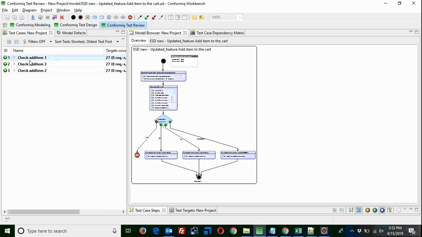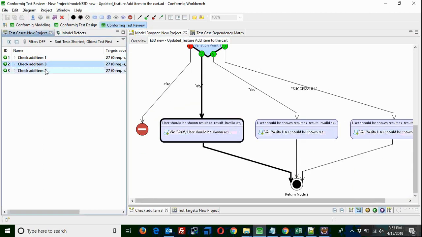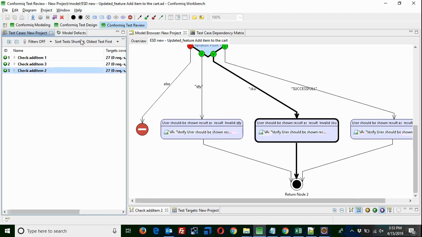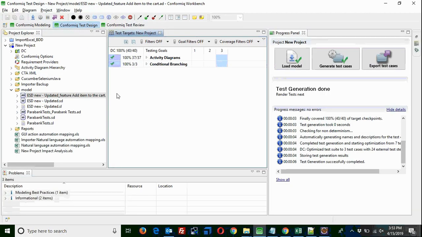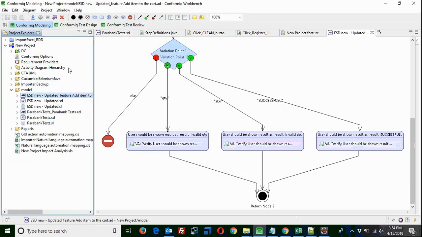Now you can see how you can review the test cases, all the 3 different test conditions or test cases, and you can quickly export them to the Cucumber format to get the output in a Cucumber Selenium Java format. In this case also you will get all the feature files, step definitions, and everything. The output remains the same; the only difference is whether the input is from an Excel sheet or from a feature file. The rest of the procedure is completely the same.